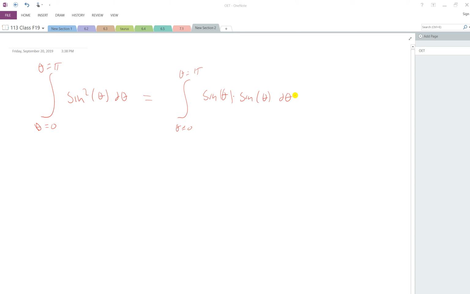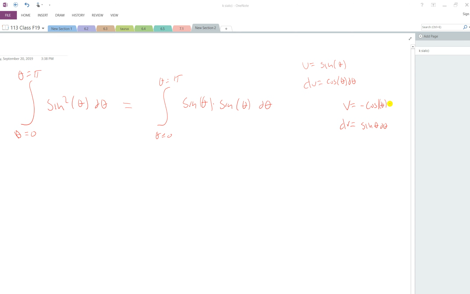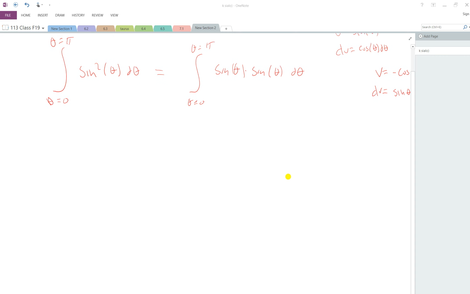Now, it doesn't really matter which one I make u and v, so I'll take u equals sine of theta, du equals cosine of theta d theta, and then dv is sine of theta d theta, and so v will be a negative cosine of theta. Okay, so this integral then